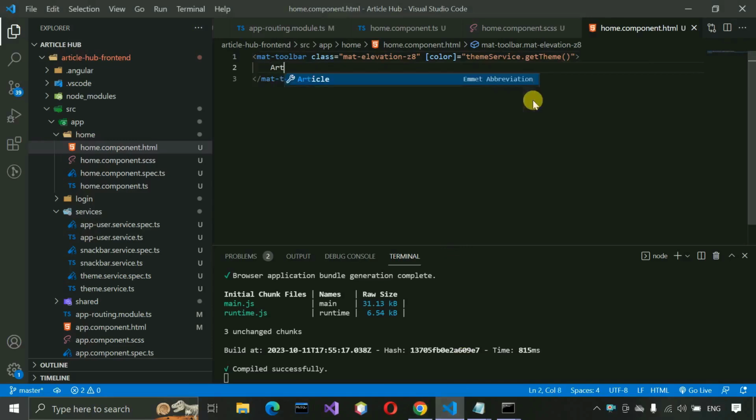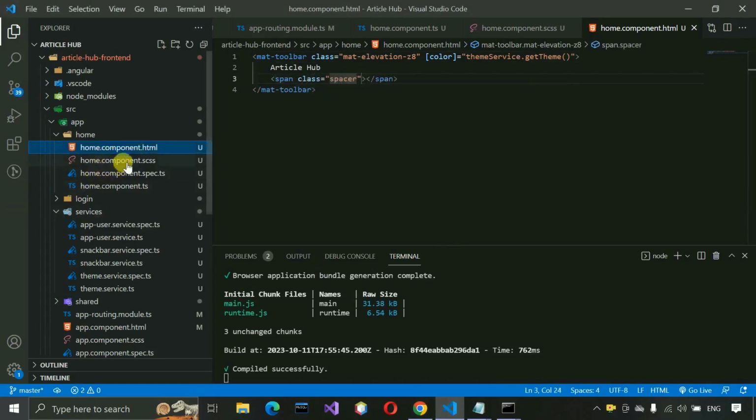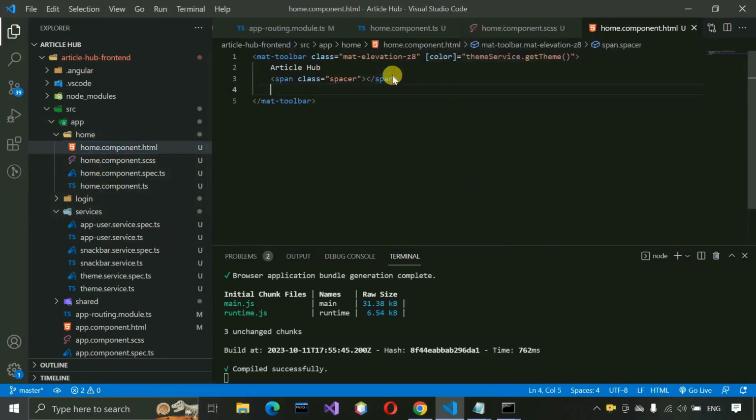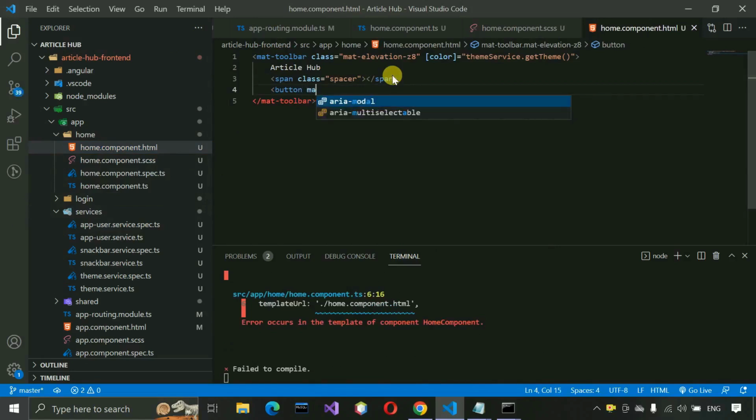And after that we have to write article hub, and then we have to add a span with class spacer. This one we are going to use, as these are already declared, so I'm not going to put much effort into it. You can see this one is spacer there, so I'm going to just ignore this one. And then we are going to write a button. This button is going to open the options to select the color. So button, mat-icon-button, and matMenuTriggerFor, menu,